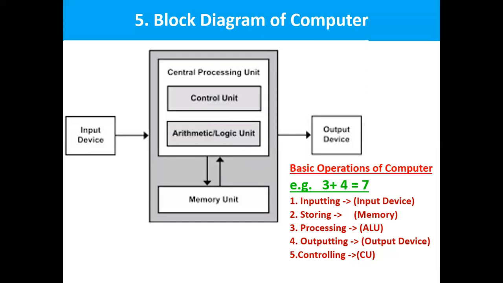Whereas the memory unit can store the data temporarily. And we have the control unit. Based on the control signal, the control unit is going to control all the four functional units. And we have the output unit to display the result to the end user. Now let us see an example of how the addition of two numbers will be processed by the system.